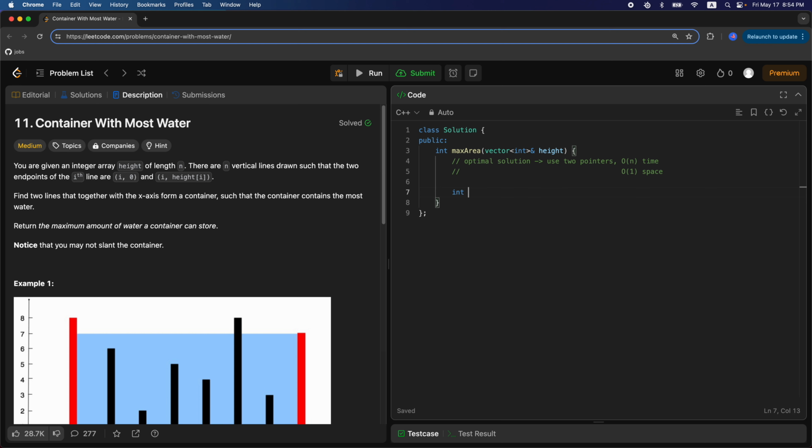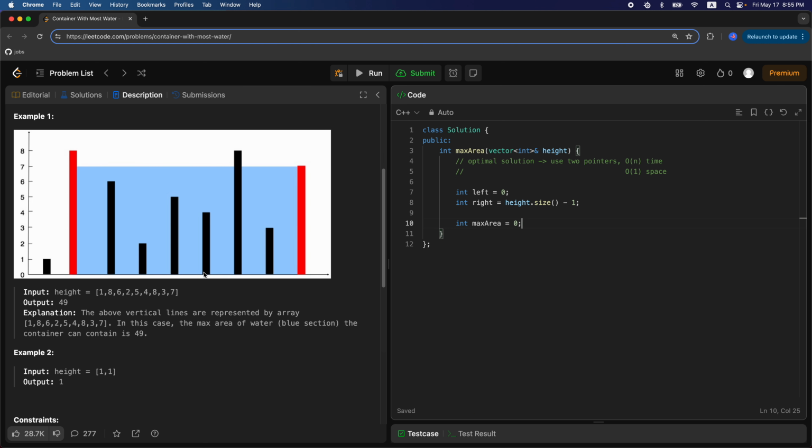So for our algorithm here, the first thing we want to do is initialize our left and right pointers. The left pointer will just start at the beginning of the array, and the right pointer, we can initialize to start at the end of the array. So the final element, which would be the size of the array minus 1 to get that 0-indexed final element. And then we also need to keep track of the overall max area. So I'll just declare a variable called max area, and that can just be 0 at first,